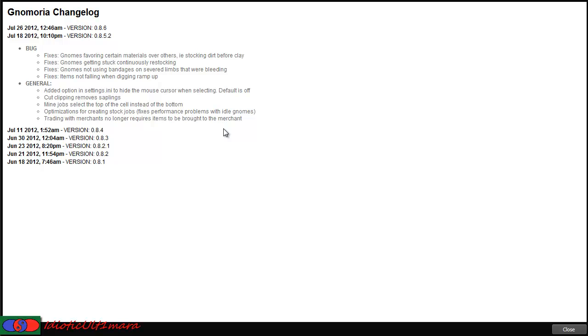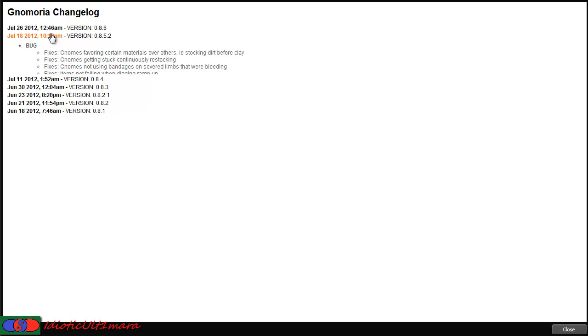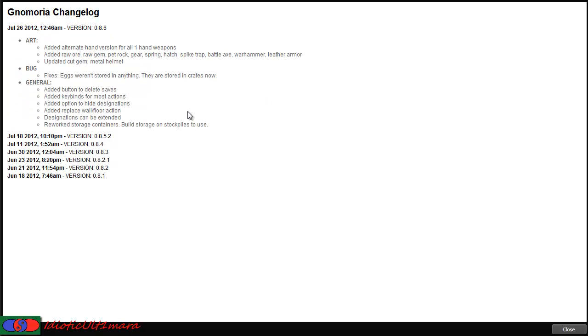General: added option in settings.ini to hide the mouse cursor when selecting. I'll probably be putting that on, I kind of prefer it. Cut clippings removes saplings. Mine jobs select the top of the cell instead of the bottom. Optimizations for creating stock jobs fix performance problems with idle gnomes. Trading with merchants no longer requires items to be brought to the merchant, which is actually quite a nice little thing. And lastly, we have